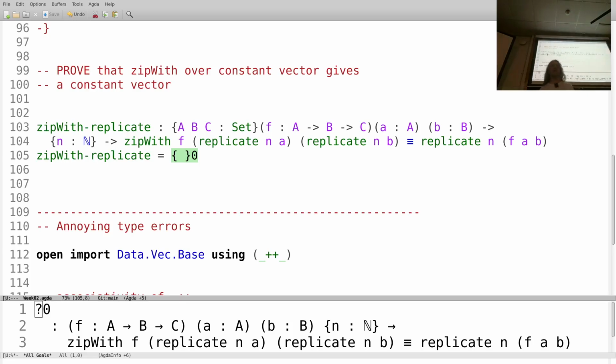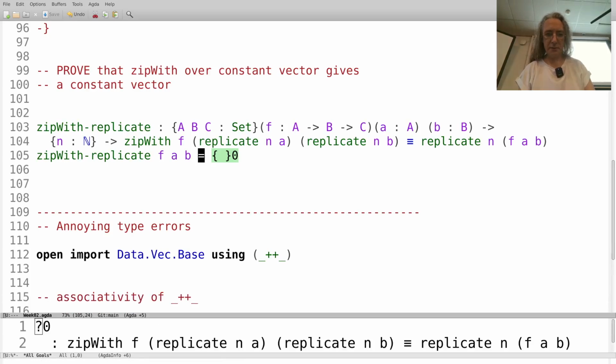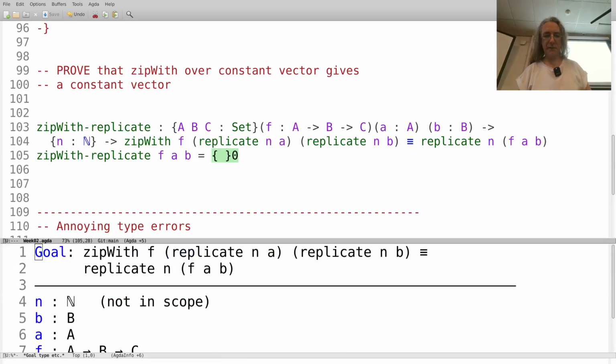So now I need to have a little think about how this is going to work. So replicate n makes n copies of a thing. So this program is going to work. I mean, okay, let's start by saying I've got f, I've got a, I've got b. What am I looking at? Okay, I've got an equation. I'm going to say